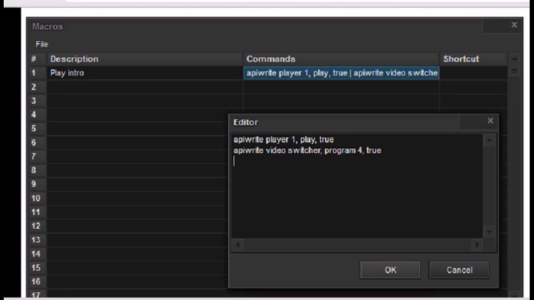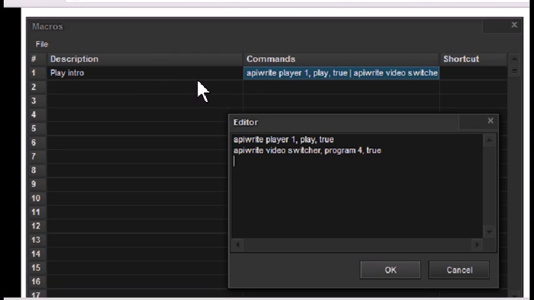But basically what we've got is a macro menu. And down the left-hand corner here are the lines. Each macro has its own line. And then there would be a description. What does the macro do? Well, this macro puts video overlay 1 onto effect number 2 and displays it on the screen.